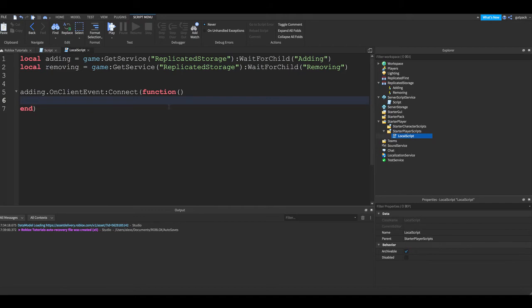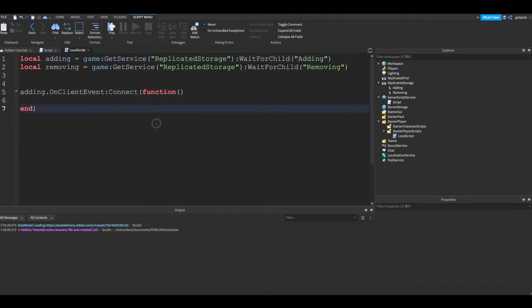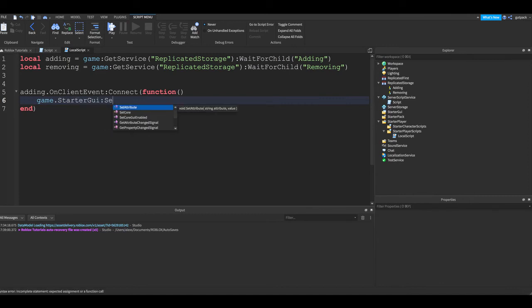All right, so let's make the message now. So now we've got, when the player joins the game, it's going to fire the remote event adding, and then it'll fire this local script inside of the player, and then we can write all the code we want inside of here. So game.StarterGui, and then we're going to do :SetCore, and SetCore is basically